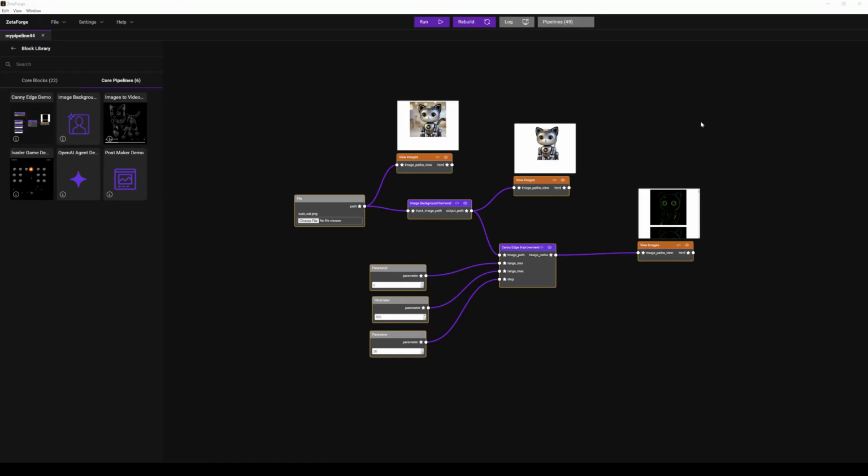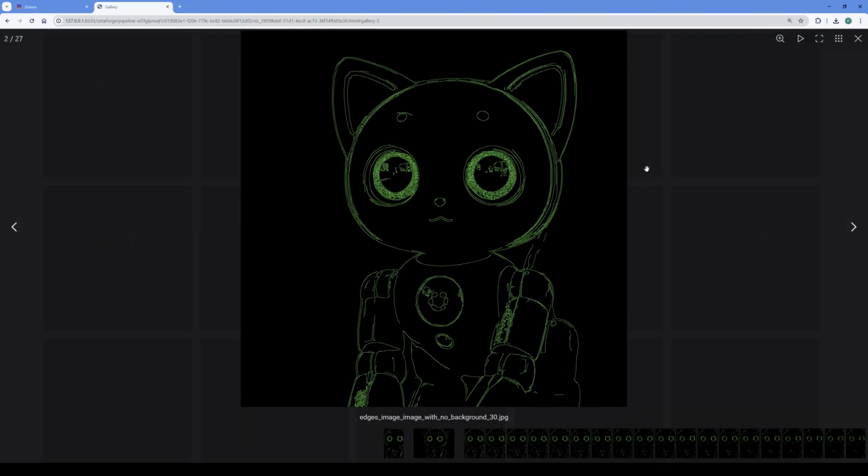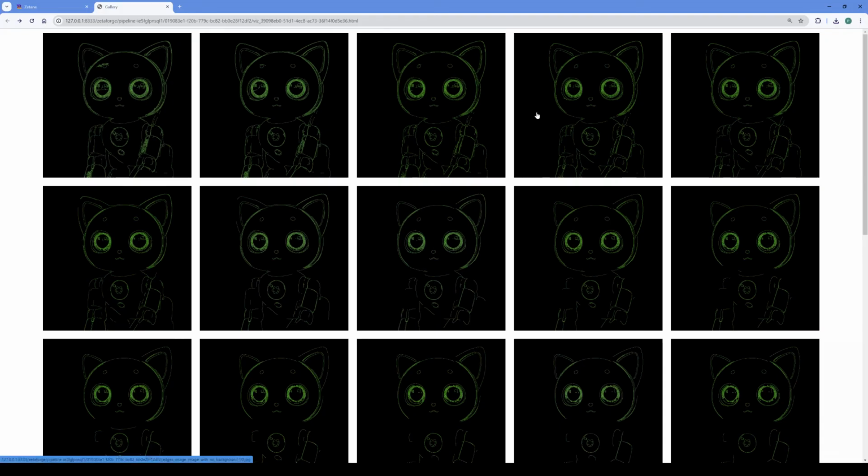All right, so now we have access to everything here, and that was the original image. The background was extracted, and it generated basically what we wanted. Yeah, and then